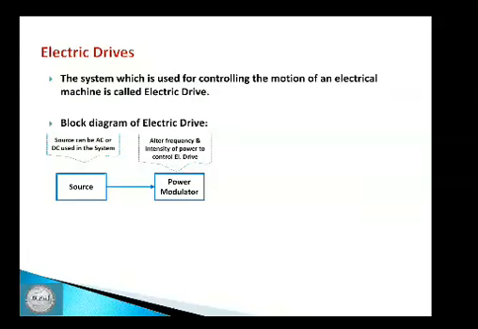Cycloconverters are used to convert fixed voltage and fixed frequency AC into variable frequency and variable voltage through thyristor. Second, variable impedance circuits are used for controlling speed by varying the resistance or impedance of the circuit. Third, switching circuit. It is used for running the motor smoothly and they also protect the machine during the fault.